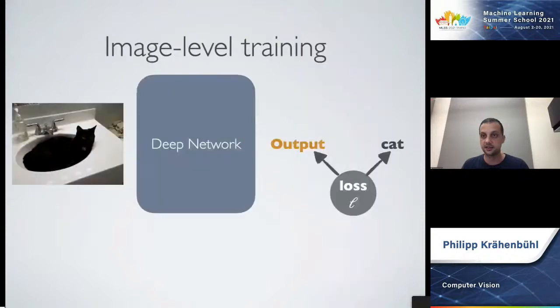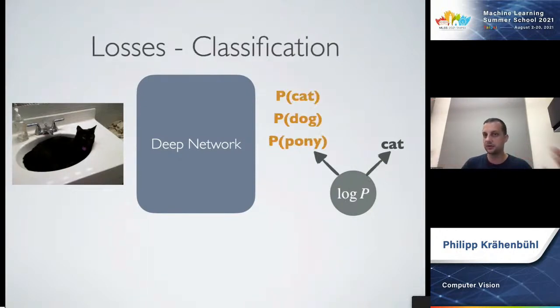All right. Now the next thing we'll look at is what loss functions we use to train these networks. So now we have a definition of a network, but how do we go about training them? The first problem we look at is classification, where we want to know, well, is this a picture of a dog, a cat, a pony, and so on.